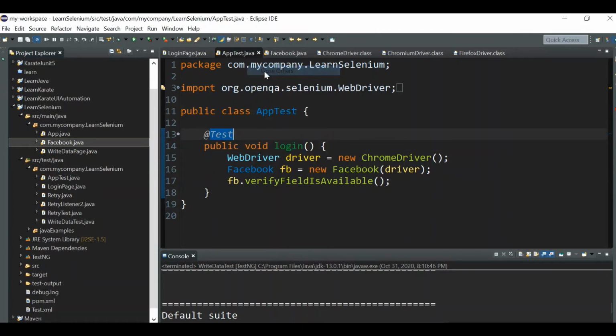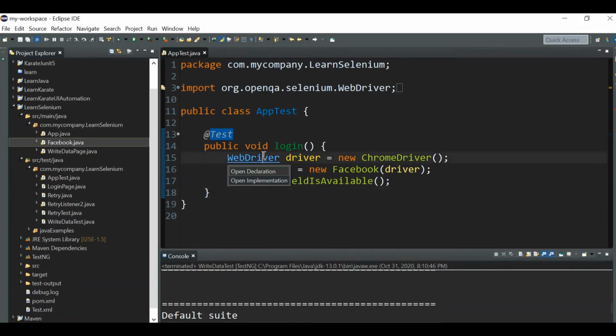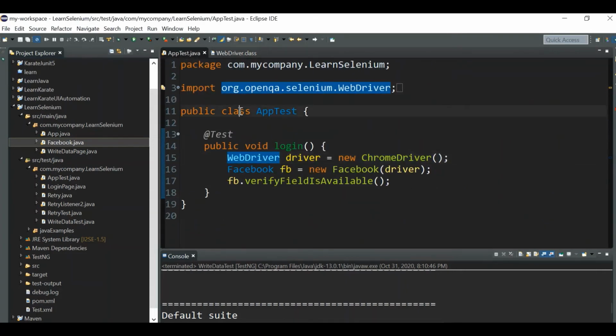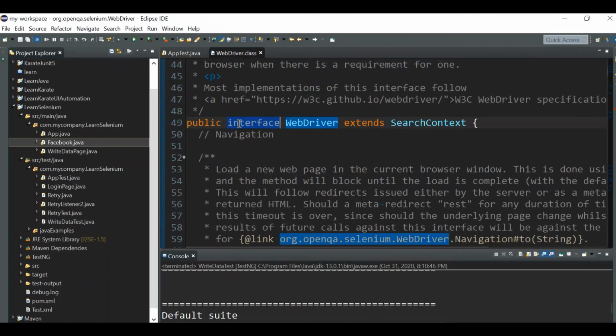Let me close others. And sorry, let's go to the WebDriver interface. It's an interface declared with the interface keyword. Classes we can declare using the class keyword, interfaces with the interface keyword. So, public interface WebDriver.